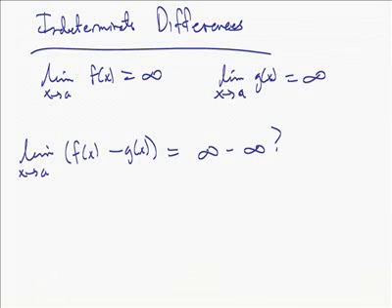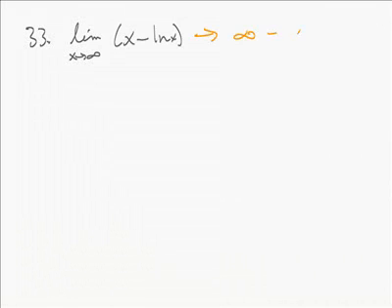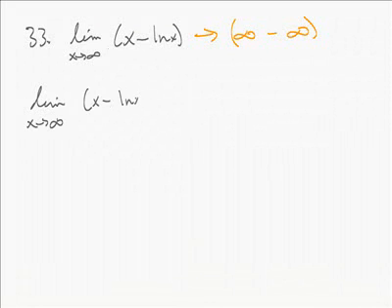Like, for example, number 33. If we look at number 33, I don't think you have one exactly like this on your homework, but we'll take a look at the limit as x goes to infinity here of x minus natural log of x. Alright, this is not equal to, but it tends towards infinity minus infinity, right? Because as x goes to infinity, obviously x goes to infinity, and as x goes to infinity, the natural log of x goes to infinity. So we need to try and put this into an indeterminate form. So we're going to take the limit as x approaches infinity of x minus ln of x, and we're going to say that's equal to